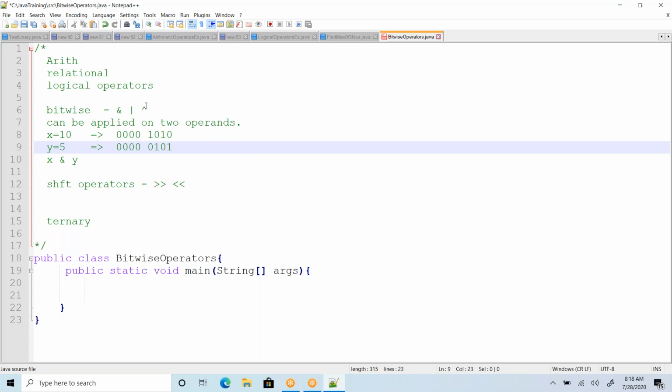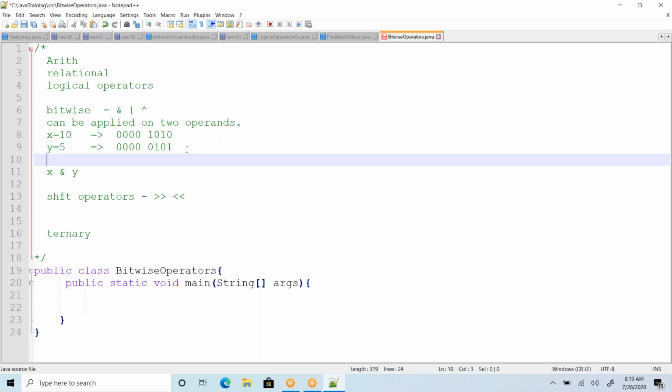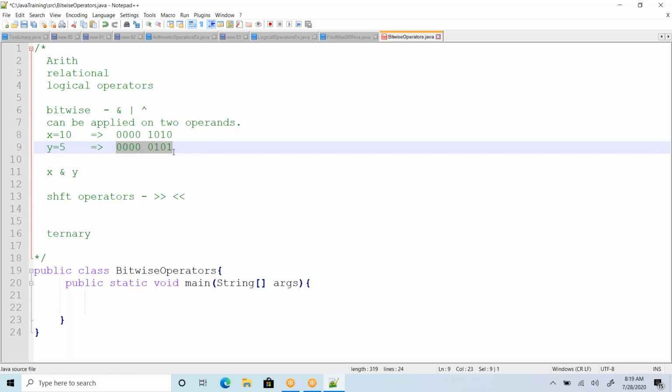Is that correct? This is going to be 2 squared, which is 4, and this is going to be 1. Is it correct or not? You have to tell me. It's a basic decimal to binary conversion.